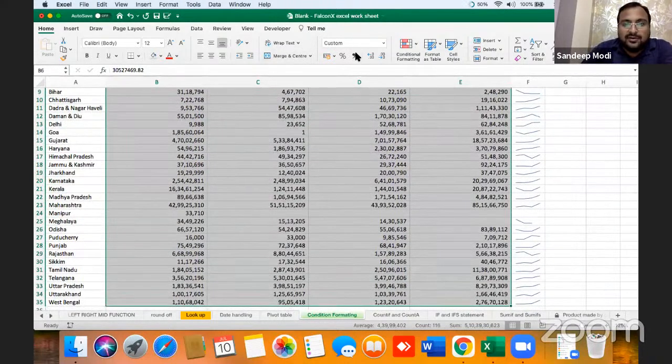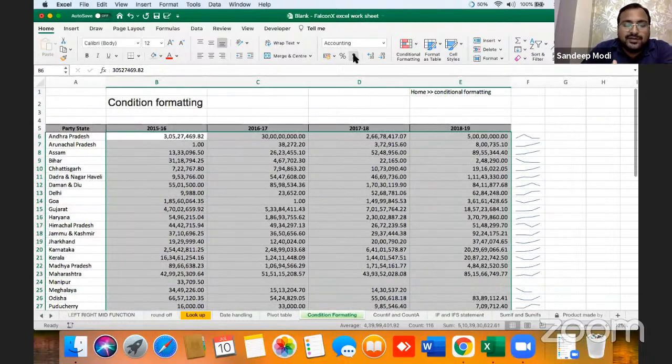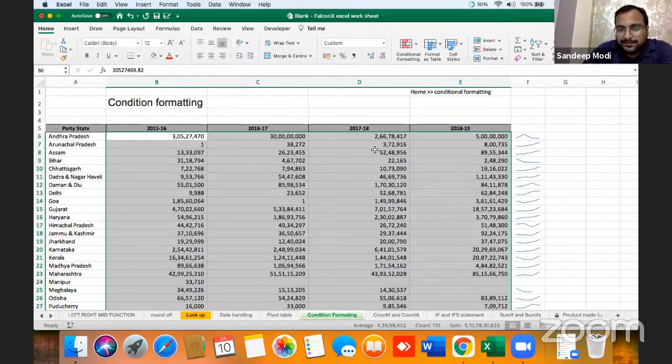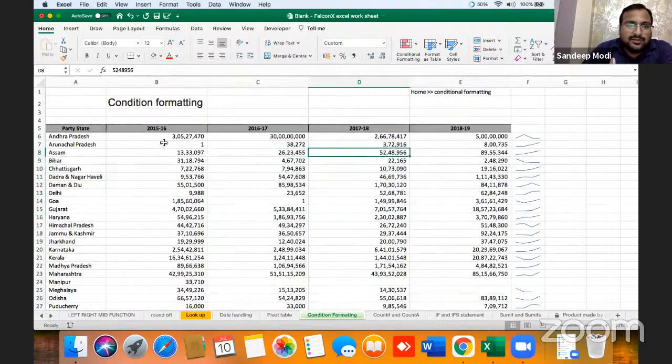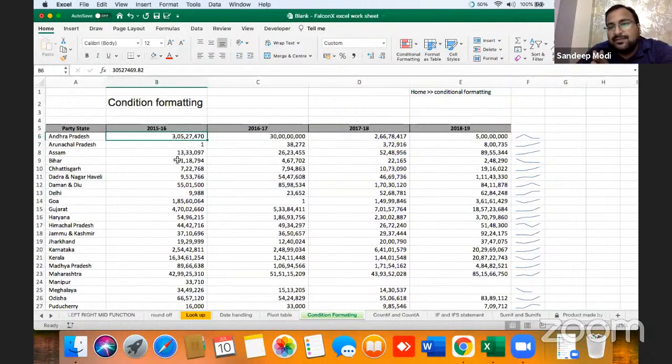Select the data. Thumb rules are, it should always be comma separated and ensure that it's not in the decimal. First thumb rule, comma separated. Second thumb rule, decimal should not be there if we are dealing with values which are greater, and ensure that all the values are in the same denominator. For example, it should not happen that some values are in crore, some values are in lakh, some values are in thousand. If it's a requirement, please specify it.